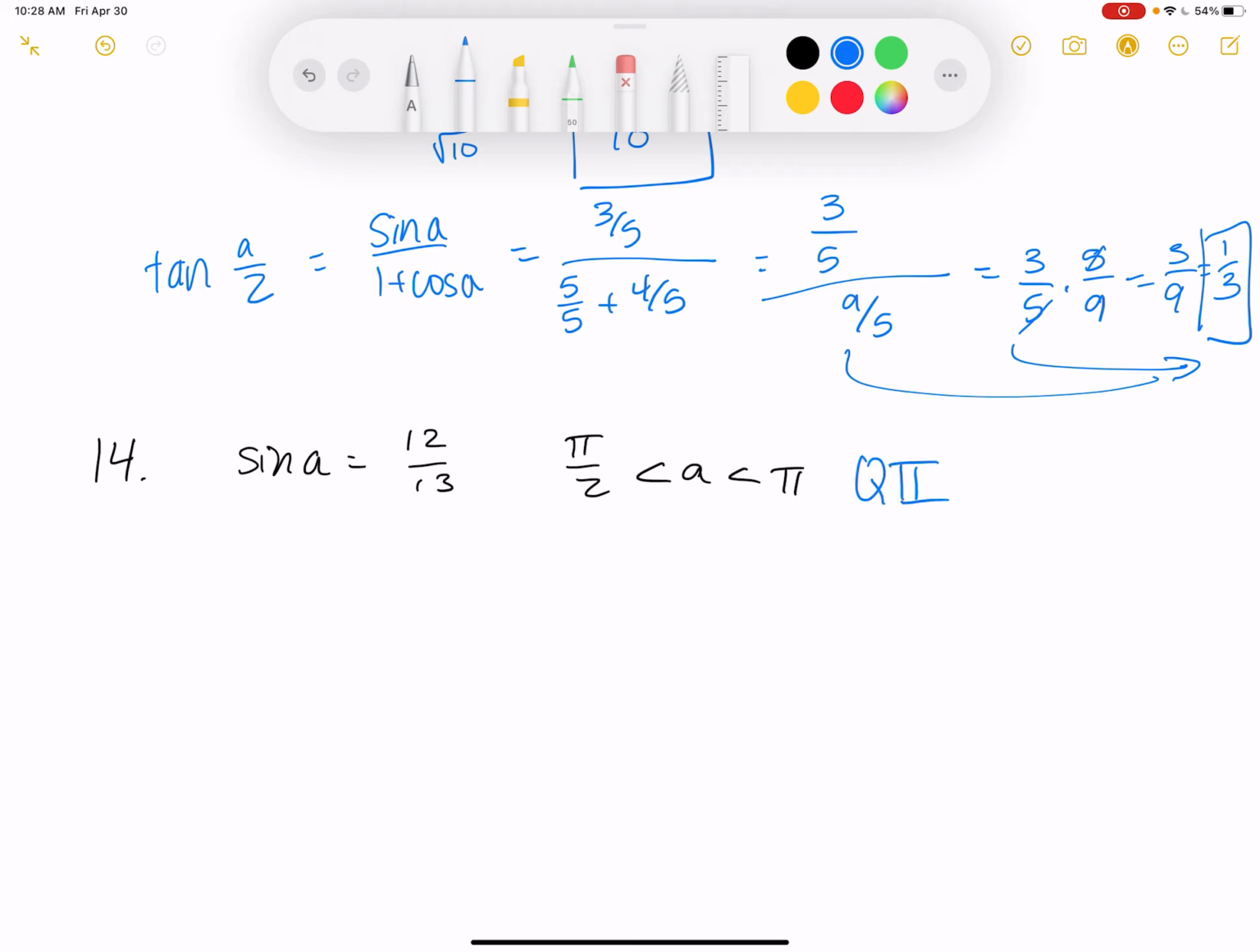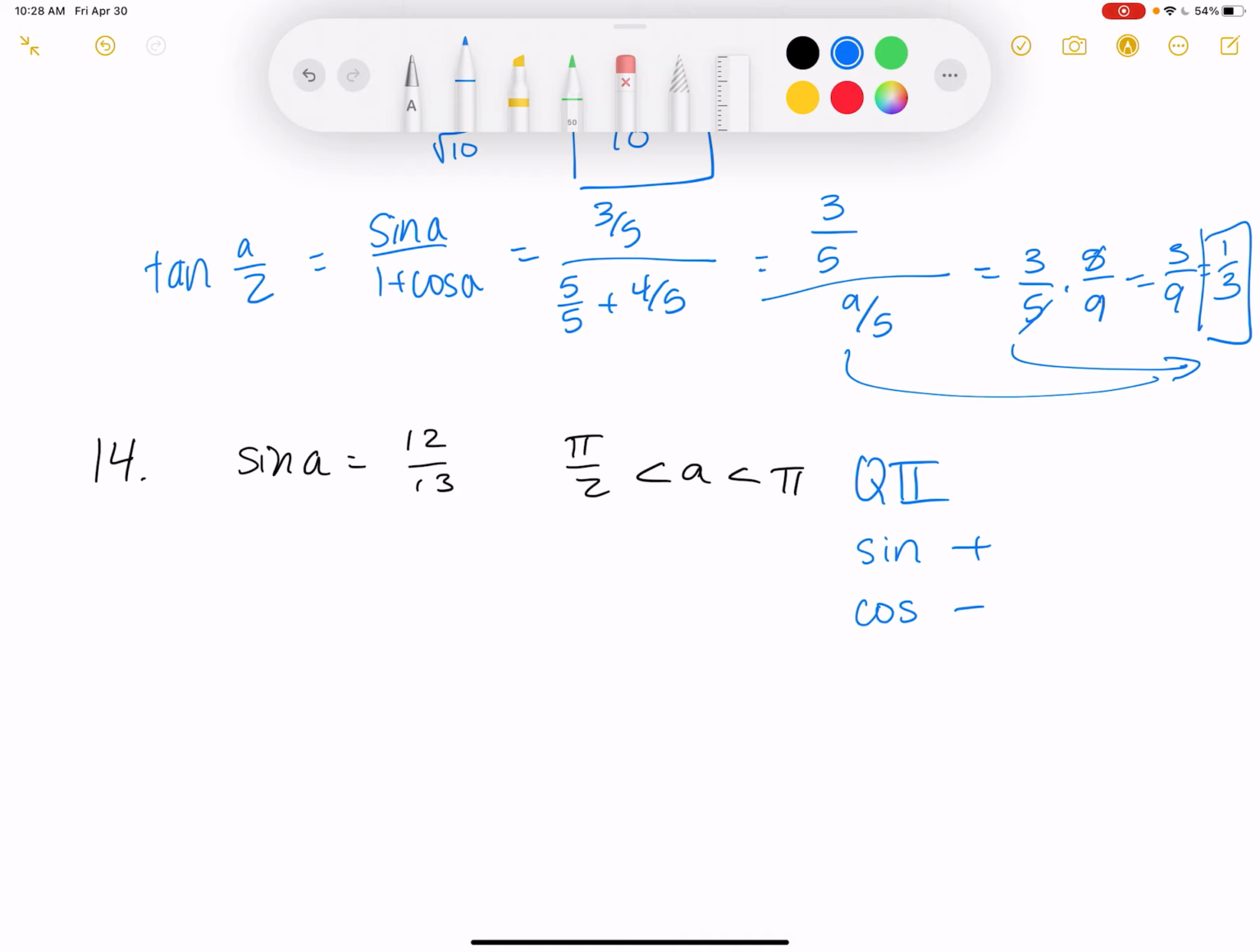Positive or negative? Everybody's right. Sine is positive. Cosine is going to be negative. So when you do your formulas, you have to remember that. It's not really relevant for the formula, but if we were looking at tangent,